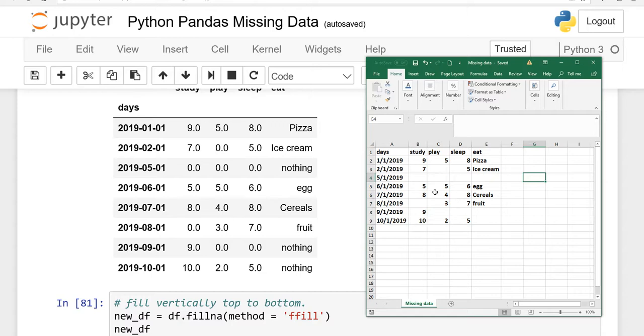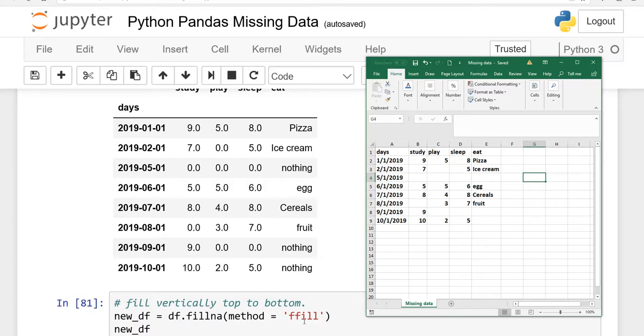Same thing here, right? So I say, if I want to use the fillna function, method is equal to ffill. ffill means forward fill. Forward fill means it will go from top to bottom like this. So see, on January 1st you spent 9 hours, January 2nd you spent 7 hours. So for the next one, it is the forward fill. The system will fill this by using the previous value. Forward fill, whatever is on January 2nd, it will carry to the next. It is ffill, top to bottom.